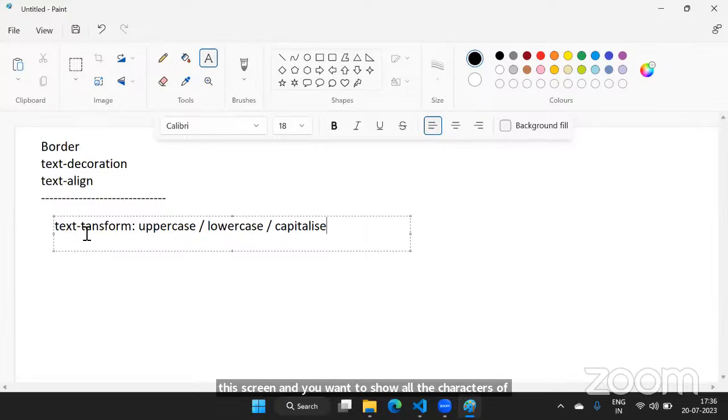Then we can use the text transform property. In the same way, if by default you are showing the content in